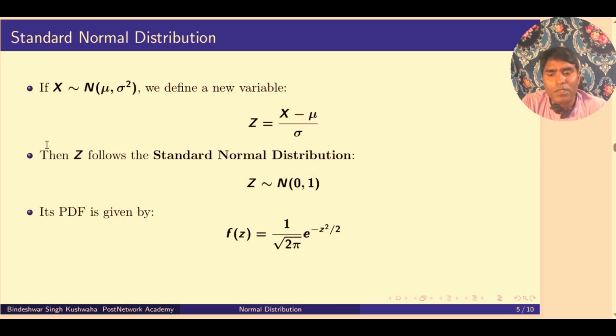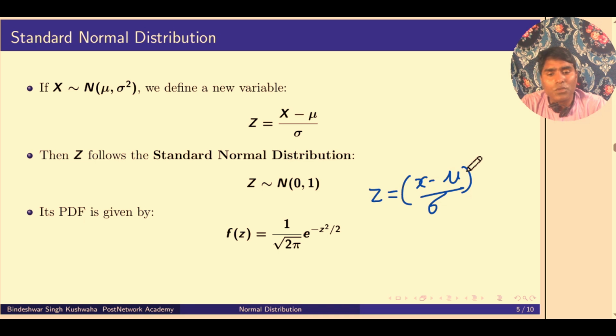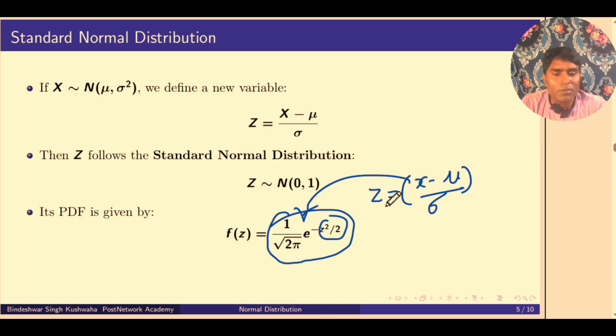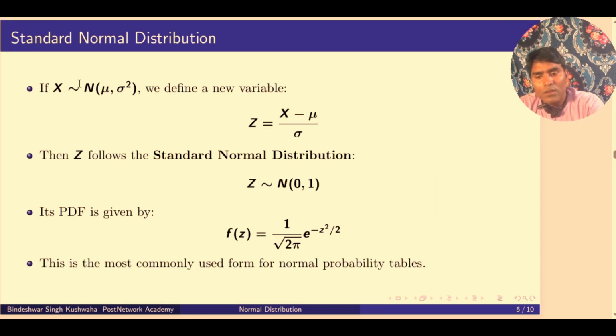And if you transform, like if you put z is equal to x minus mu over sigma, you will see that if you put it in the formula, e raised to the power minus z square upon 2, here there will not be sigma. So the density function will transform into this form if you plug this in, and that is the most commonly used. I will explain the reason why this is used.